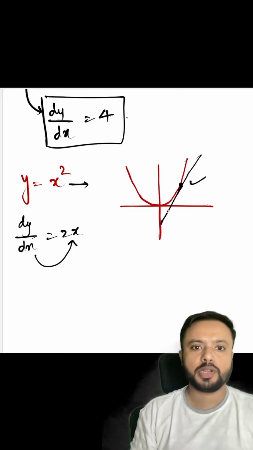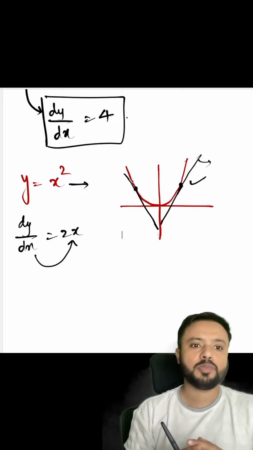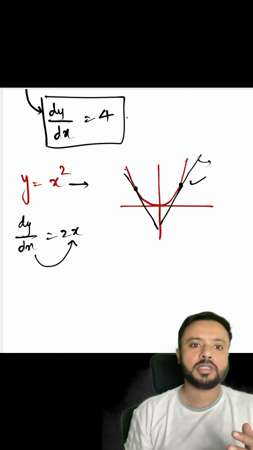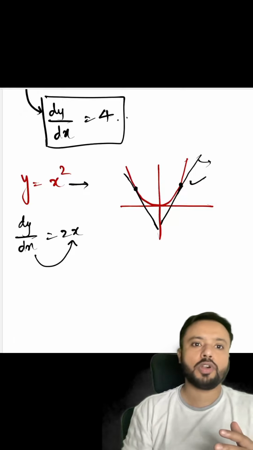For example, the gradient of this particular curve at this particular point would be the gradient of this particular tangent. And if I talk about the gradient of this curve at this point, it will be the gradient of this particular tangent. So basically we can say that the derivative is a method to find the gradient of a given line or a curve. Since for a line the gradient is constant, that's why we got a constant value, and for